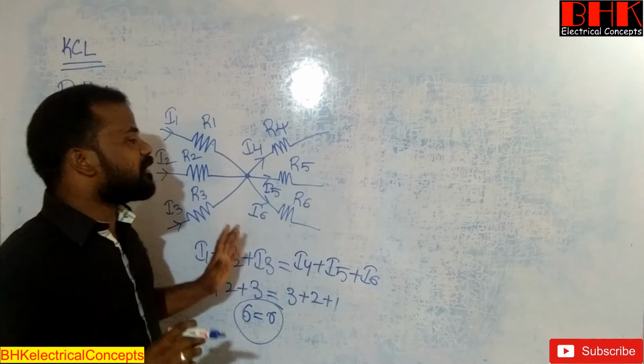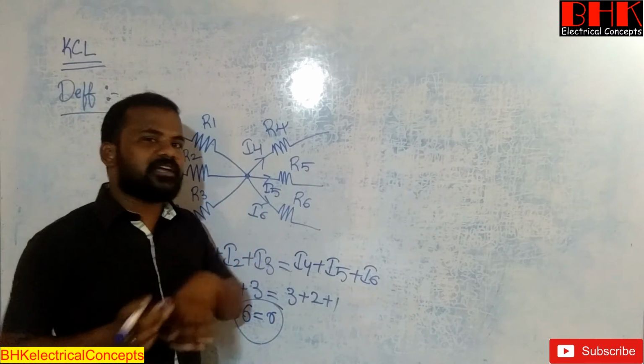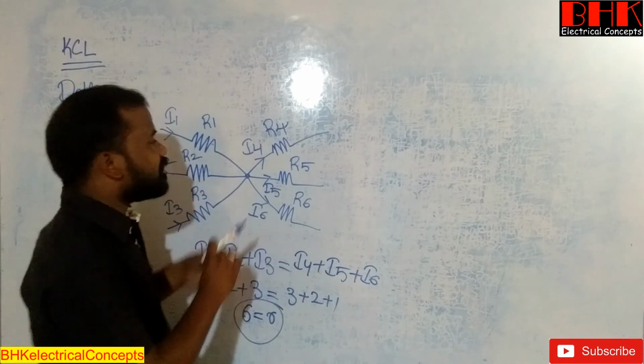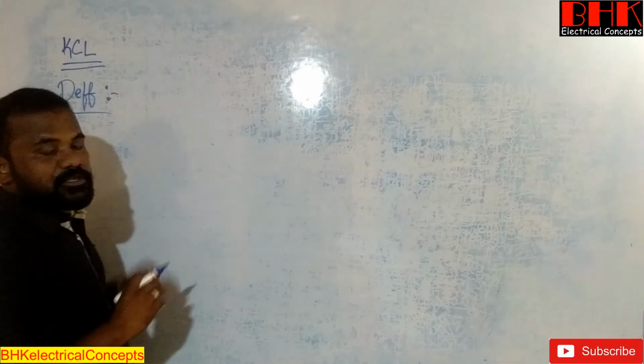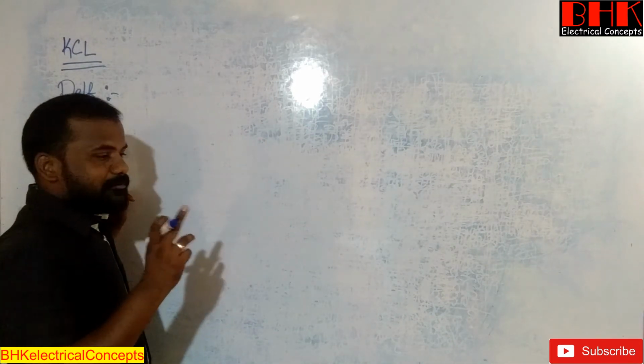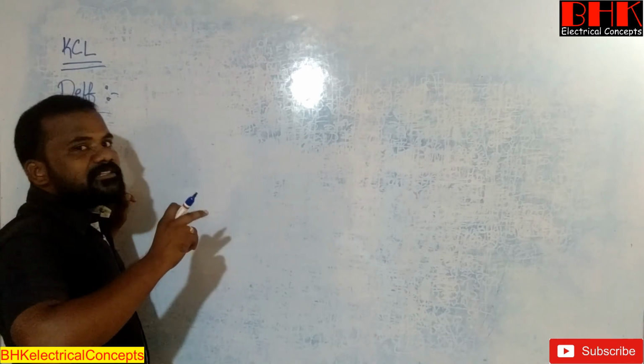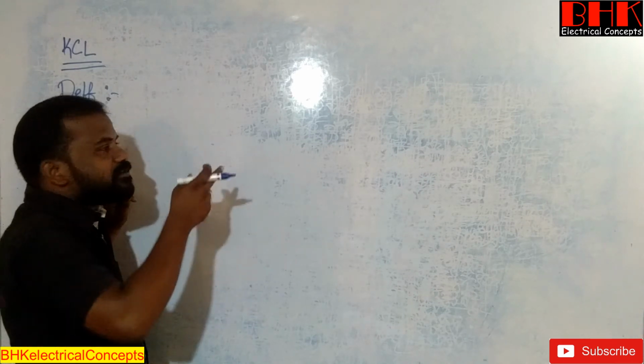This is the theoretical way we are going to verify it. But how do we conduct the experiment in practical? Now let's go for the practical way. I want to take one circuit, and based on the circuit we are going to find the theoretical values, and after calculating the theoretical values, we go for the practical.